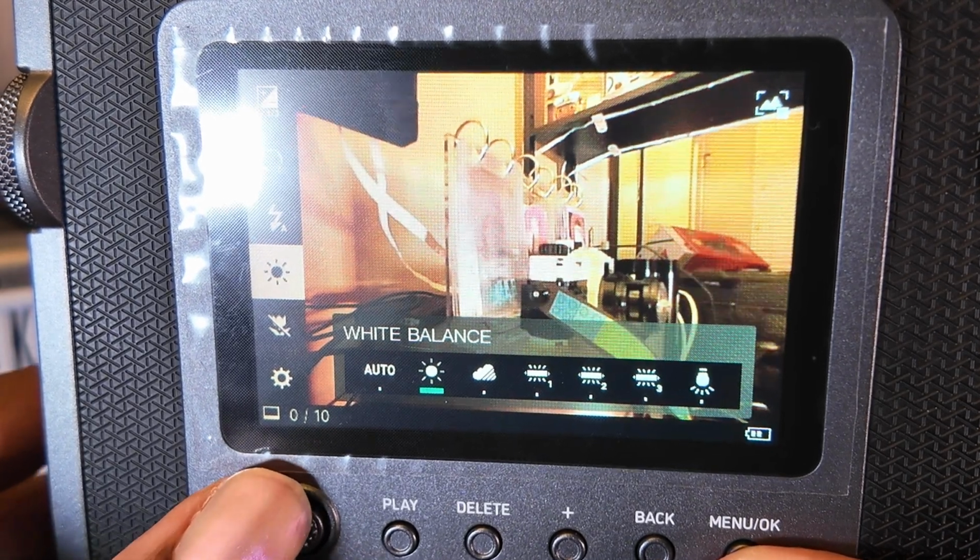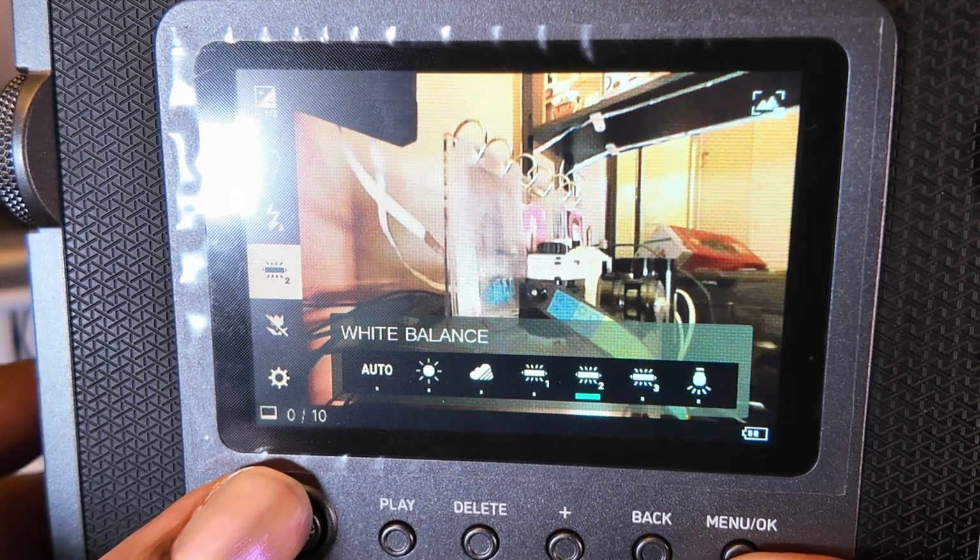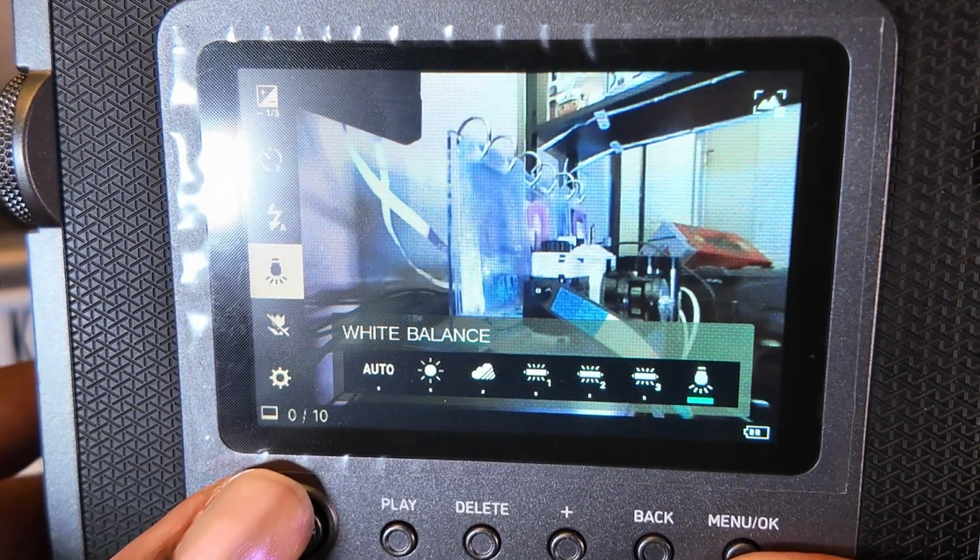Now, let's move on to the white balance option. The default mode is auto. This means your camera will decide which white balance to shoot in. Your white balance options are auto, fine, shade, fluorescent 1, which is like daylight fluorescent, fluorescent 2, which is like daylight white fluorescent, fluorescent light 3, which is a white fluorescent, and then incandescent light, which is like light bulbs